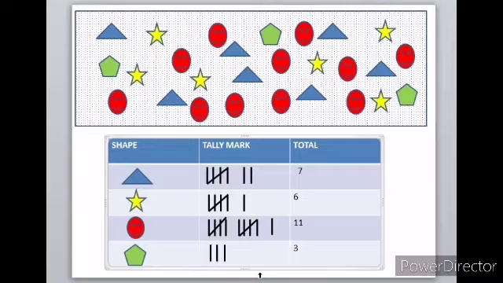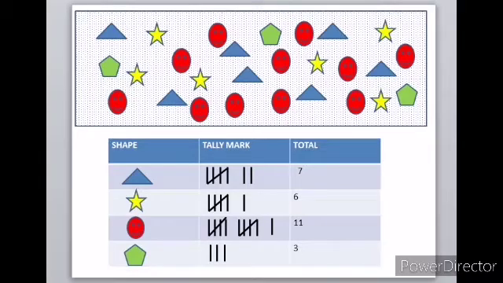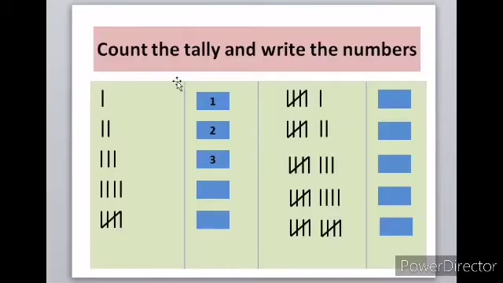So always remember, tally marks will come in a set of 5 or a group of 5, and after every 4 tally marks, the 5th one you have to cross. Then it becomes one set. Then when it comes to 10, there will be 2 sets, 5 plus 5. If it's 15, there will be 3 sets, 5 plus 5 plus 5. Always the 5th one will be a cross. Now it is easy for us to read it.